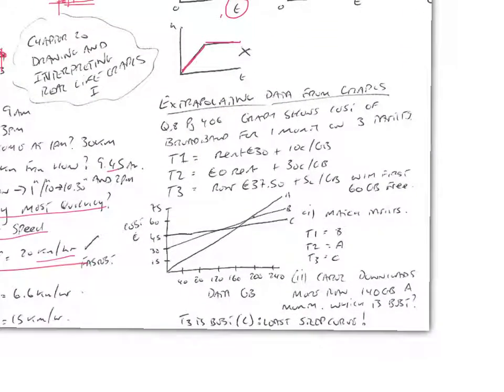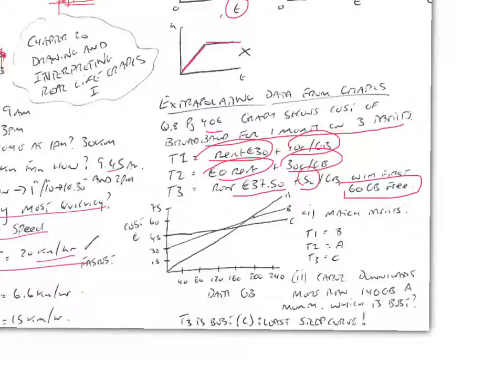Okay, and then we'll look at question 8, page 406. The graph shows cost of broadband for 1 month on 3 tariffs. The first one, there's a rental of €30 per month and 10 cents per gigabyte download. The next one is no rent and 30 cents per gigabyte download. And the third one, there's a rent of 37.50 plus only 5 cents per gigabyte, with the first 60 gigs